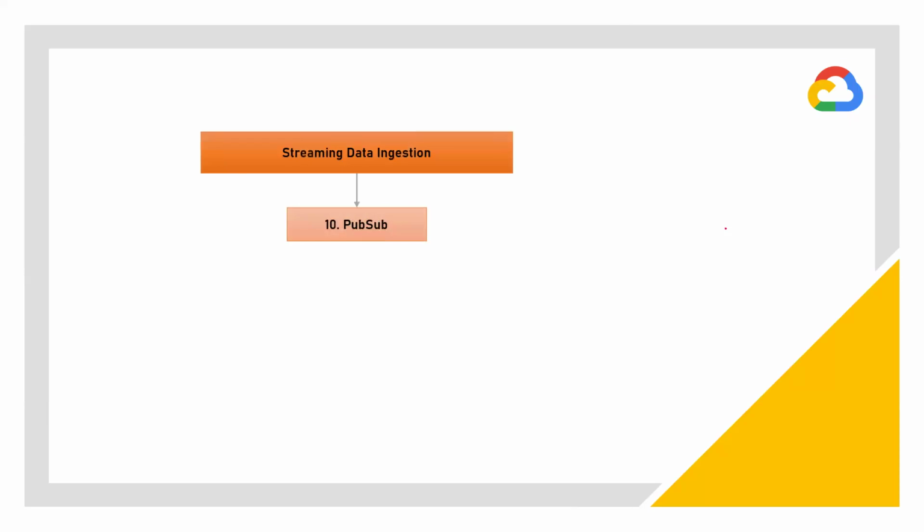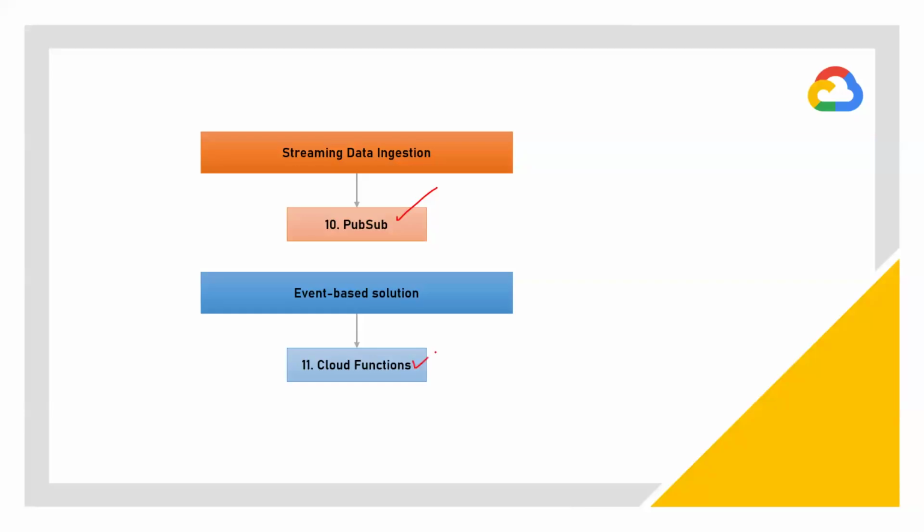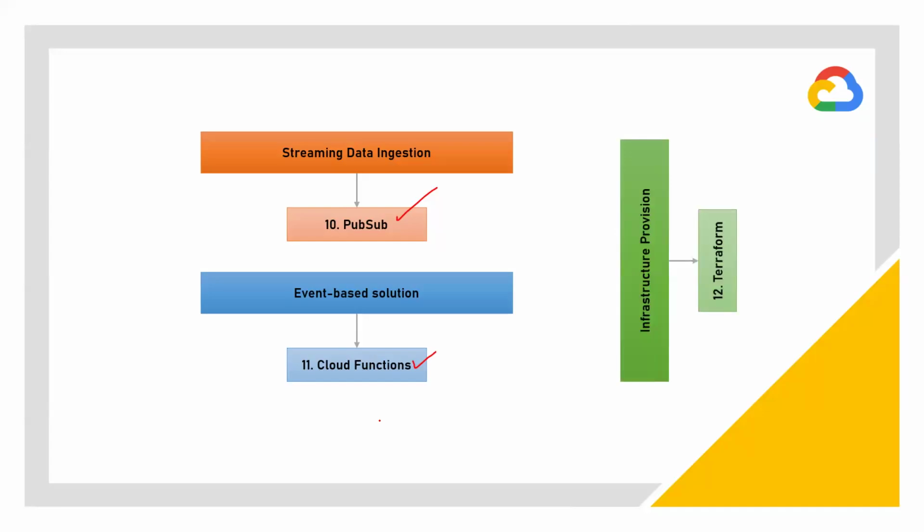In addition to that, streaming data processing, Pub/Sub we are covering. And event-based solution, Cloud Functions. Nowadays they're calling it Cloud Run functions. That is also one more thing. And Terraform is complementary. That is also covered, as a video I'm offering you. Very important not for data engineers but for DevOps, but some knowledge is required. That is a complementary topic we are providing. 1, 2, 3. So totally 4 plus 5 plus 3, right? So you can think of 11. Is it 12? Yes. So totally 12 data engineering services.